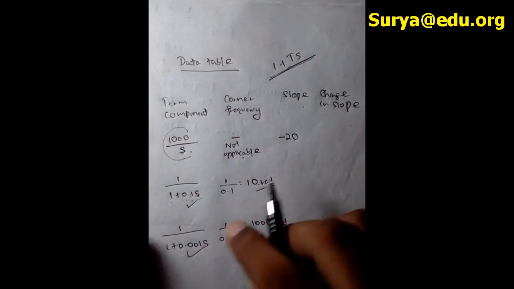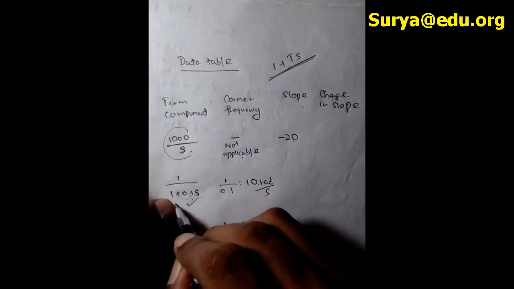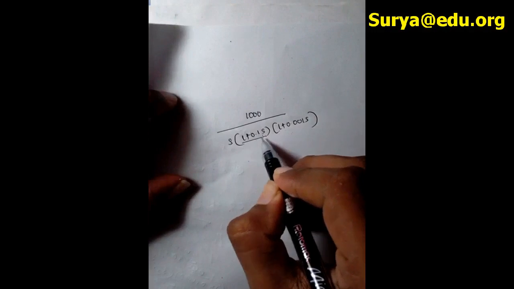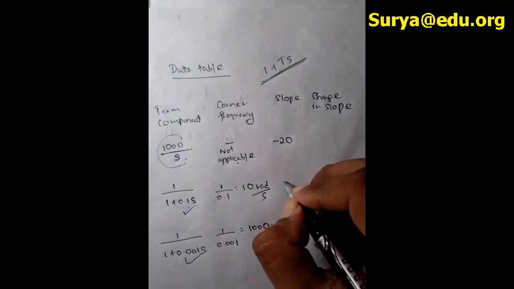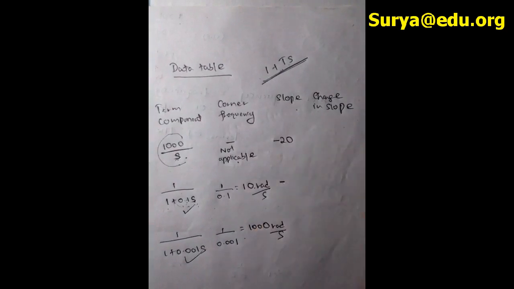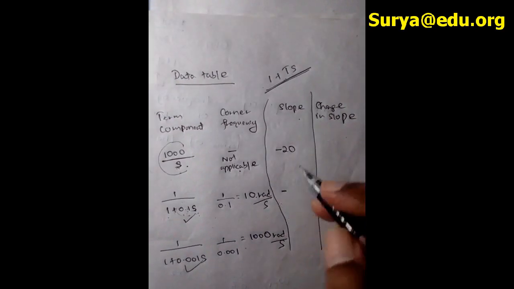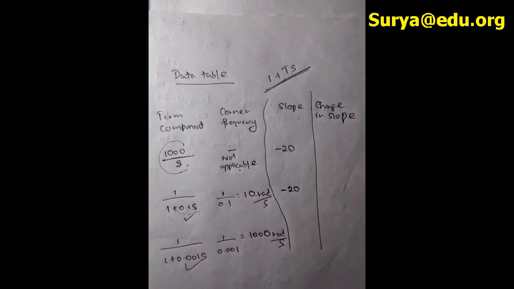And if you look at this one, here also we have s, and that s is in the denominator, downstairs, right? See this one is in the denominator, which is downstairs. So because of being downstairs, you have to put negative, right, under the slope category. Okay, you have to put negative, and the order of this s is 1, so just put 20. Okay, I will do some more examples, then you will understand that.